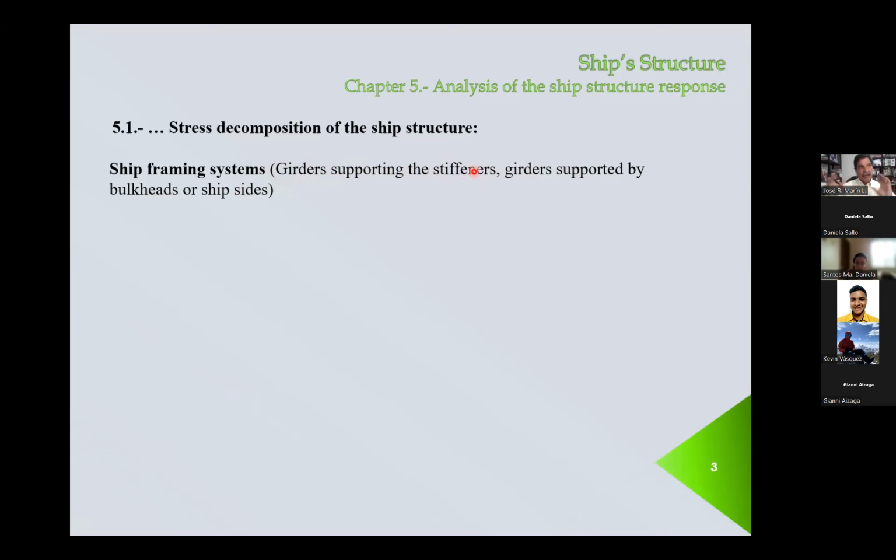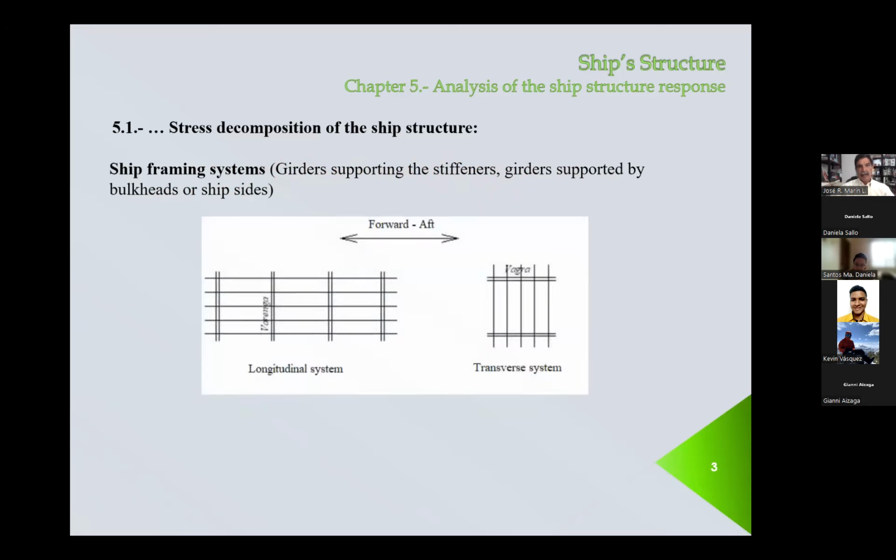According to that, you define two framing systems. These two framing systems are, on the left, the longitudinal, and on the right, the transverse system. Here, we consider that this is the direction fore and aft, so this is the X direction. In the longitudinal system,